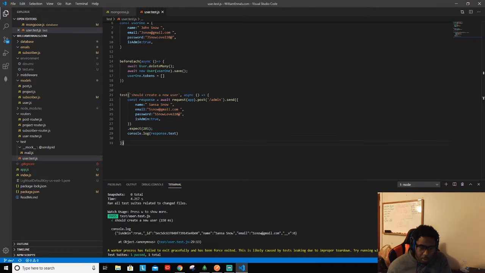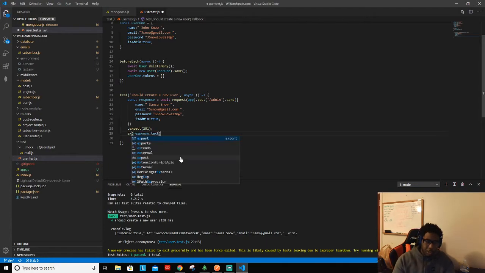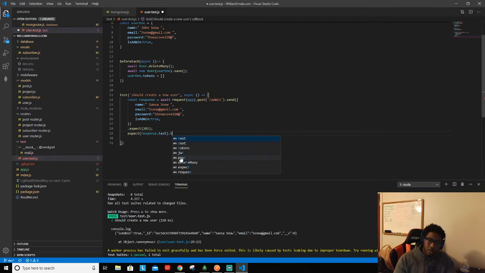Oh, look at that. We got it. And then now we can do our expect on this. The only thing we want to do is expect that the response dot text dot not dot to be,